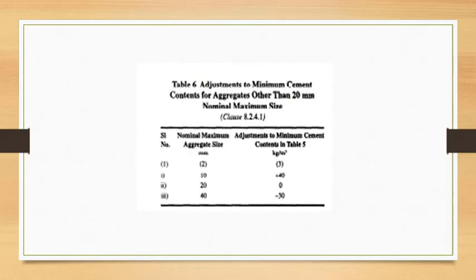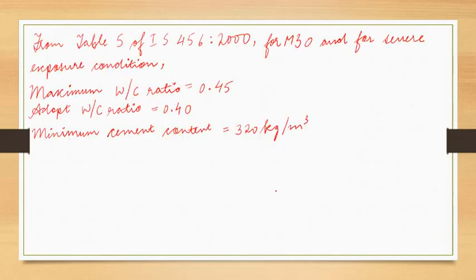Yate amar aggregate size or respect of amak adjustment to dia ase. Amar question of aggregate size kiman 40 mm, so aggregate size is 40 mm, so corresponding to that our adjustment kiman hoy to minimum cement content, it is minus 30, so we have to deduct 30 from 320 kg per meter cube. So we can write down